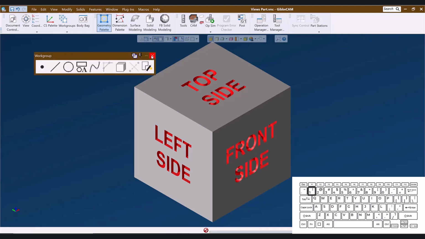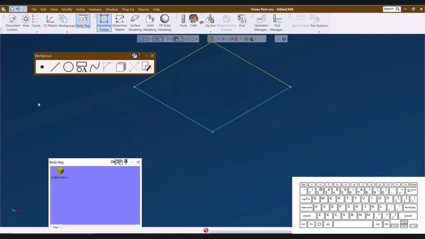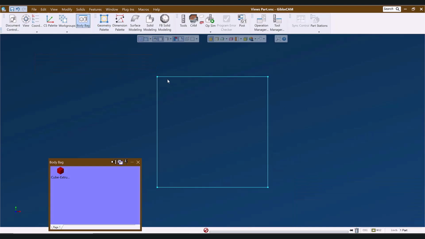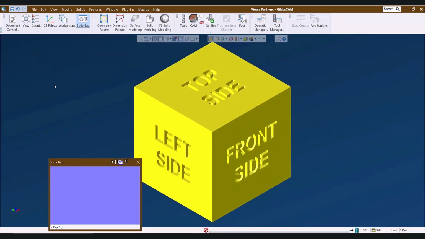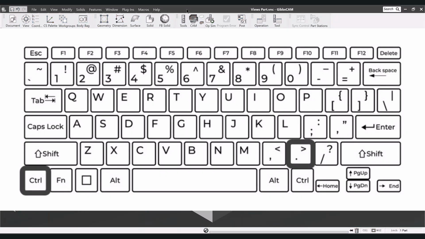I will note that the 8th button on the geometry palette is connect. So with the geometry palette open, I could select the geometry that I need to connect and press the 8. Back before I could right click to access connect, I had my middle mouse button programmed to output the number 8 just for this purpose. If you're creating toolpath, Control and the period or the dot is do it, and Control comma is redo the